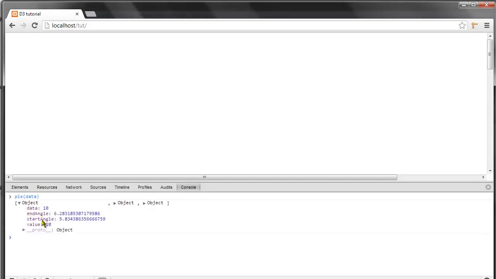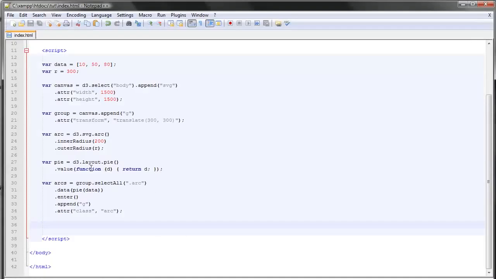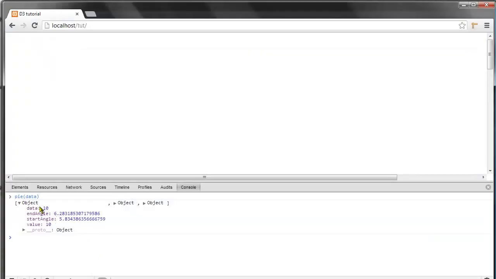Each of these objects, and this is the result of us passing this data right here to this layout here. This layout returns these 3 objects, and as you can see, each object has the data property, the start angle